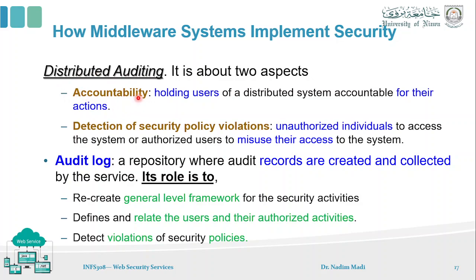Once we have fulfilled accountability, a specific solution for any issue becomes possible. But imagine a system where we don't have any kind of origin for a specific action. That would of course be a very tough and tedious task, trying to identify the origin of the problem, or the origin of any issue that has been caused. Detection of security policy violation as well: if there are any violations, or intrusions, or someone trying to do something beyond the policy, that can also be identified by auditing.